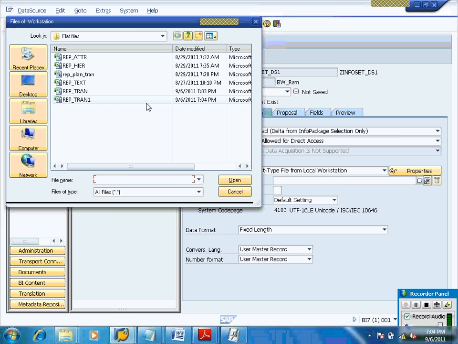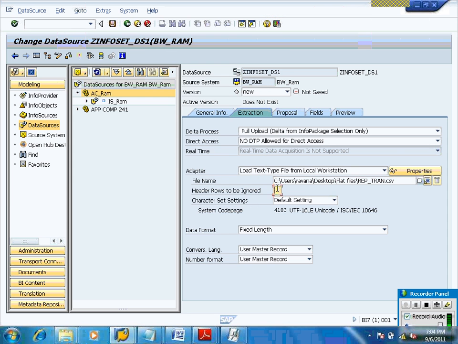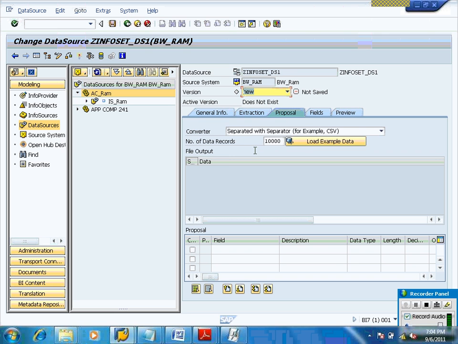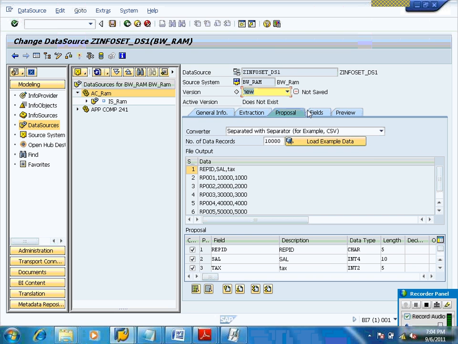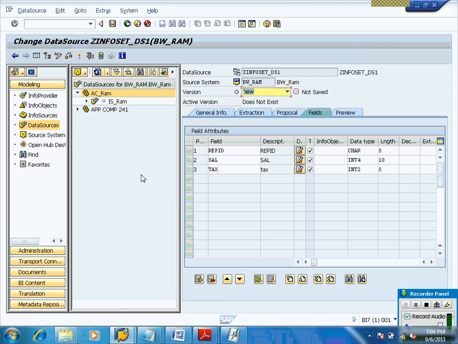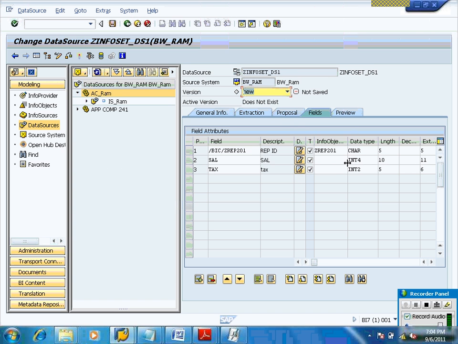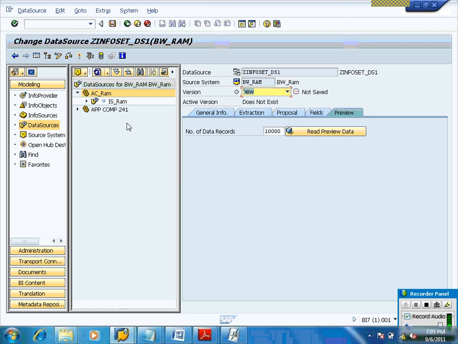Let me pick one of the files. Info objects vweb 201 copy, vcal 201 copy, vtag 201 copy. Then go to preview.